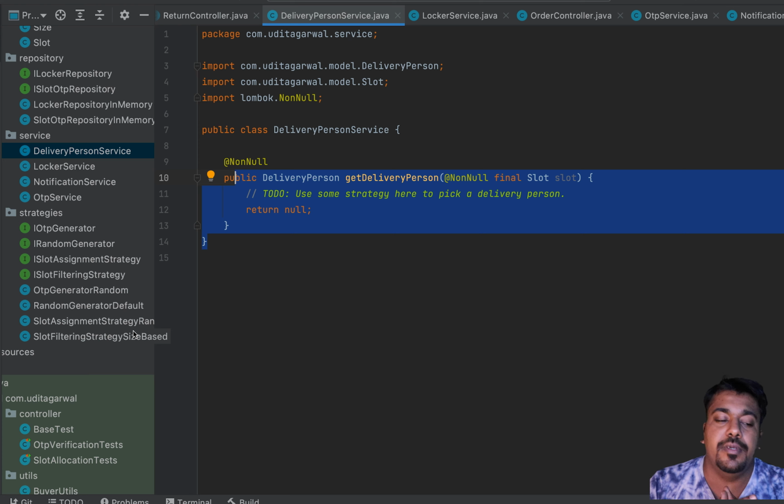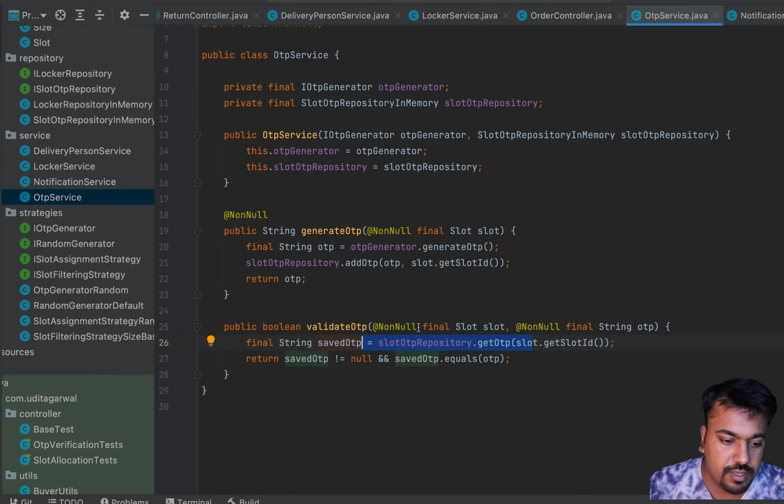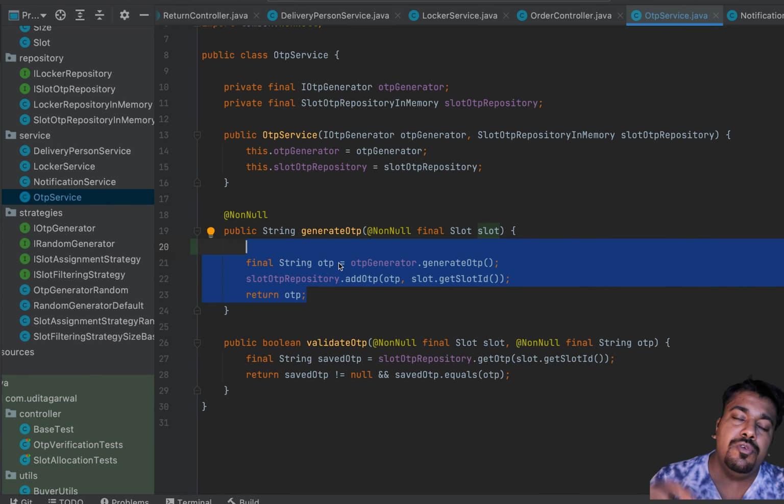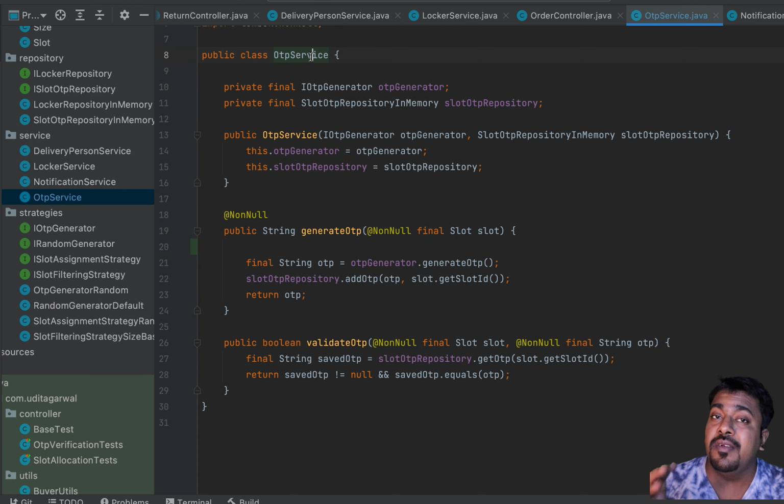The benefit of using the strategy pattern in general is that you get a lot of extensibility in the code. Whenever something changes, you don't have to change the existing classes. So for example, let's say OTP service had the random logic over here only, right? For example, generate OTP is doing, we could not have created this strategy. We could have directly put this for i equals 0 to 6 and then create a string and keep adding a random number to it. We could have done that over here, but that would lead to a non-extensible code, because if the logic of generating the OTP changes, the OTP service class will have to change, and that's not a very good design.